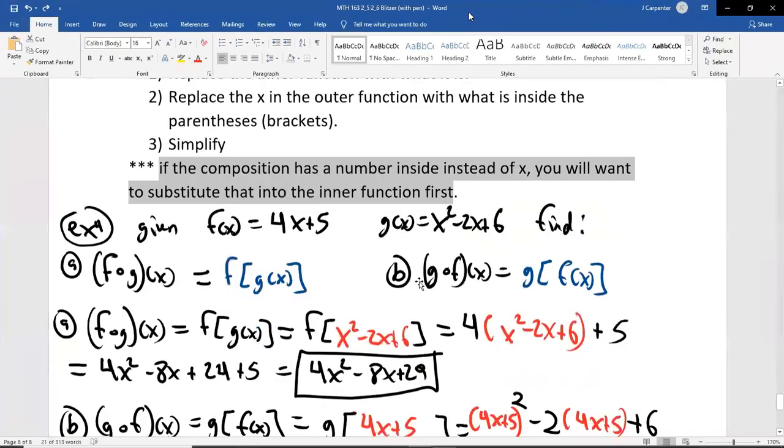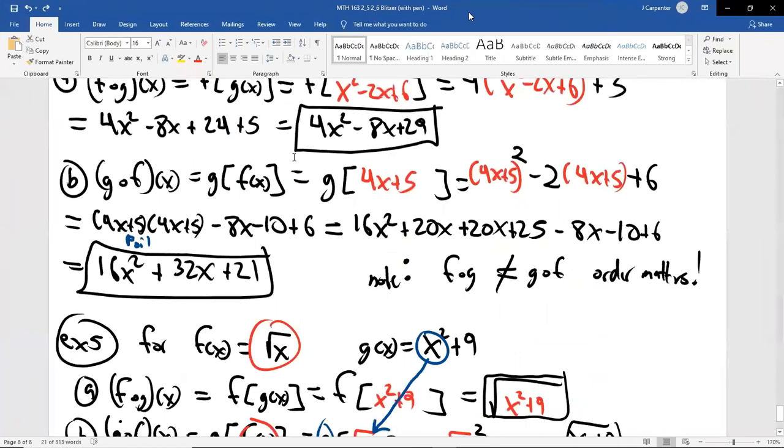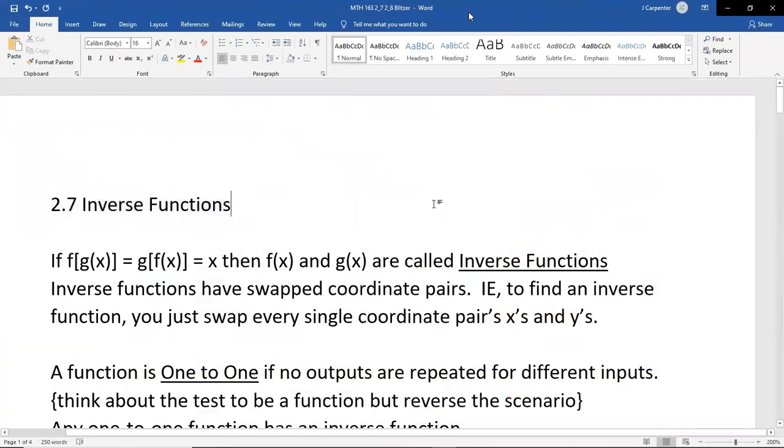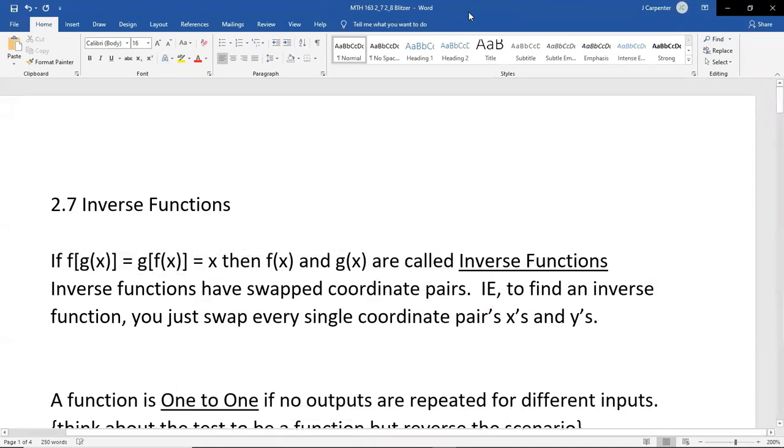So this is going back to the idea previously. We said that when we did A and B from example 4, the answers did not turn out to be the same thing. The one composition wasn't the same as if you did it backwards. So the order mattered. But I also mentioned that sometimes you do get the same answer, and that when that happens, it means that maybe something cool is happening between the two functions. So if you do the composition one way, and you get the same answer as doing the composition the other way,